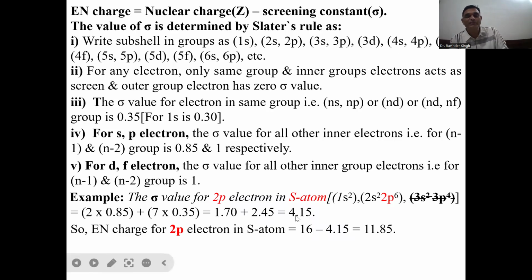We have made the correction here. We have just written here the 16. So as the atomic number of the sulfur is 16, actual nuclear charge is 16, so subtract the screening constant value, that is 4.15, so the answer is 11.85।